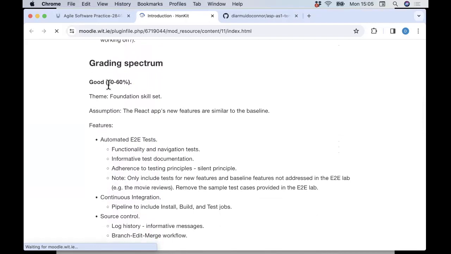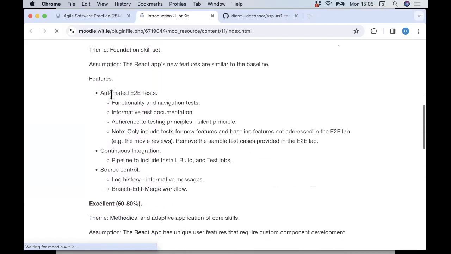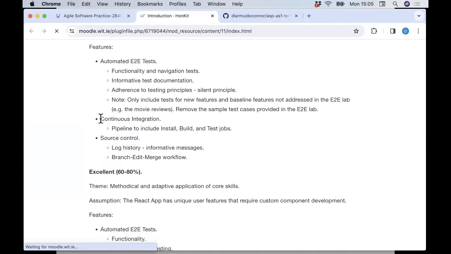So even in the 40 to 60 grade band, I'm mentioning that you have to have this much of the pipeline working, but that's literally what I've highlighted there. You can achieve that by just copying the YAML file that you have from last week's lab or the week before. Take that YAML file, copy it into your assignment project folder, create your repo up on GitLab and just do a git push to GitLab and confirm that the pipeline